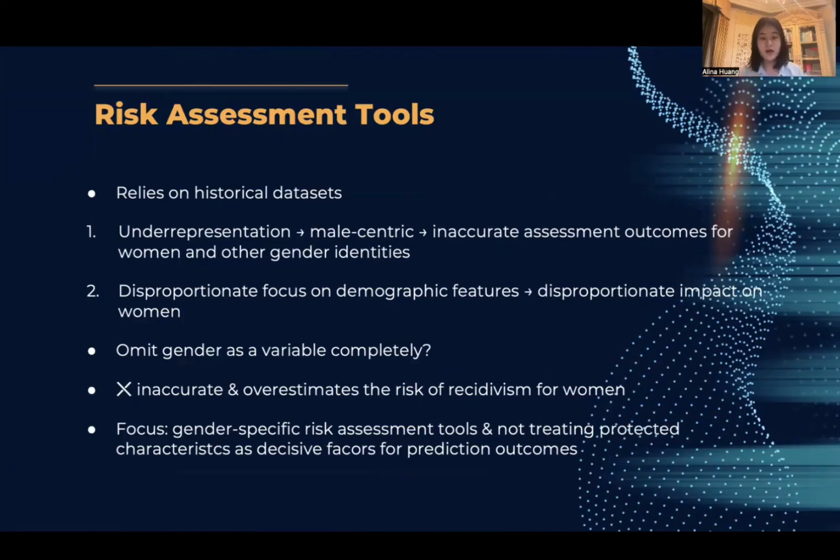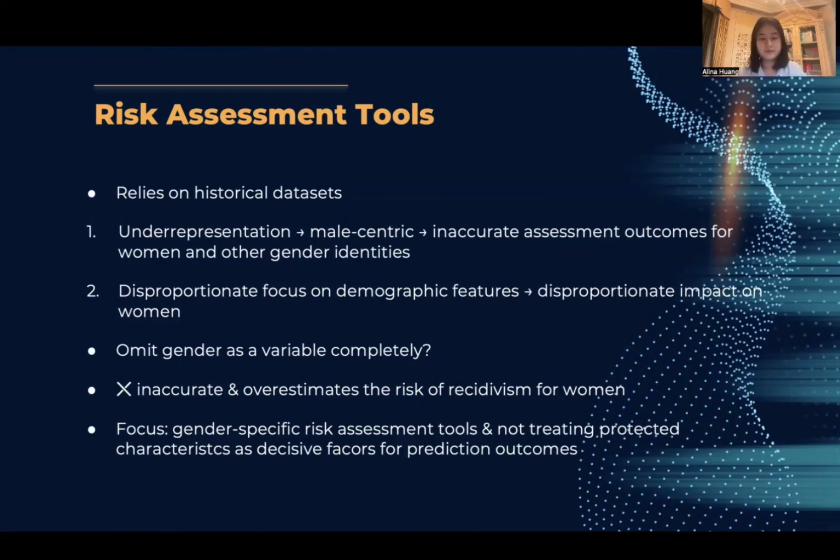The first problem is the underrepresentation and the lack of analyzed data of certain groups, such as female. This means that risk assessment tools have been male-centric as they over-rely on male data, which then leads to inaccurate assessment outcomes for women and other gender identities. And the second problem is risk assessment tools' disproportionate focus on demographic features, a general problem that also disproportionately impacts women negatively. For example, women with socioeconomically marginalized status may be subjected to longer custodial sentences and less favorable treatment